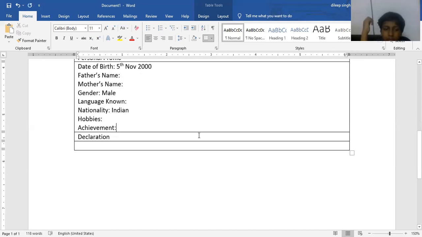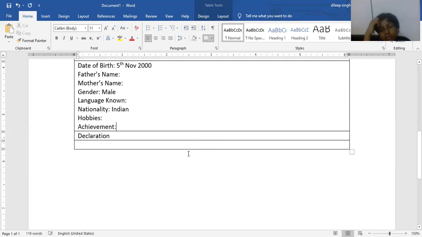And if you want to add a declaration, just place your cursor by using tab or go for this option and just type here: I hereby declare that all the above information is true to the best of my knowledge.